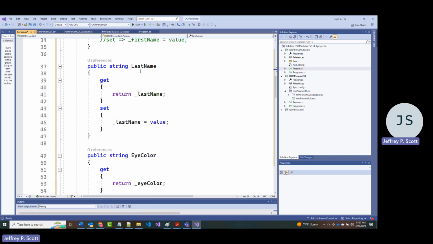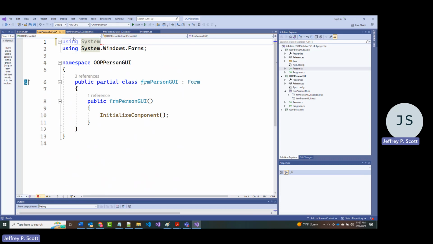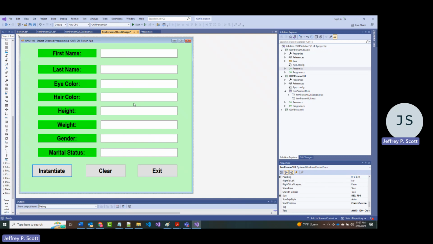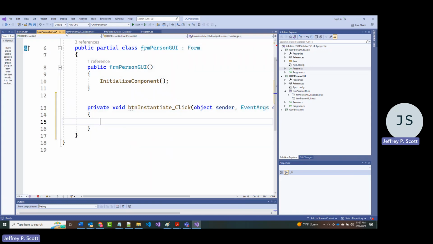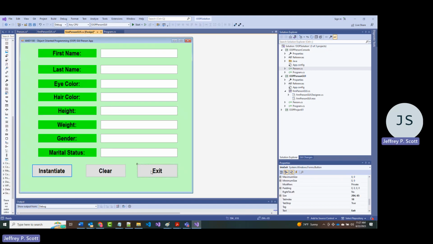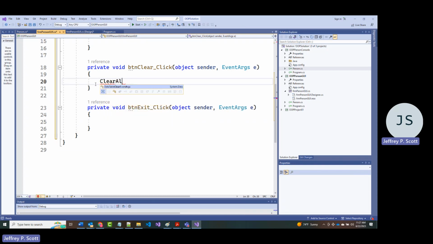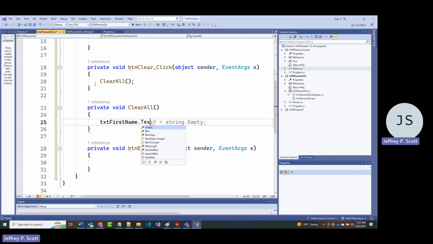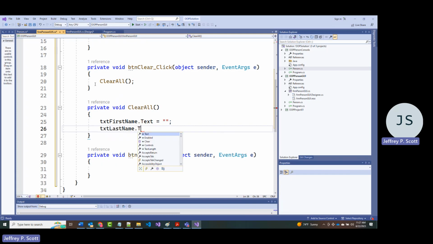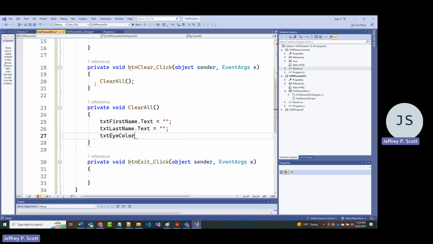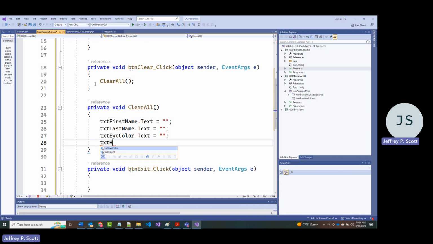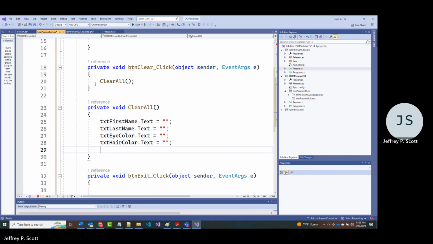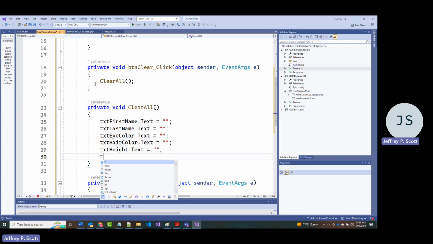All right, we've got all this stuff. Good. Now I want to jump back into that file. And this isn't going to change. Let me go back, close this. Our clear isn't going to change, and our exit isn't going to change. So for our clear, we've got that old clear all. And again, you don't have to call it that, of course. But we still have txt first name dot text equal nothing, txt last name dot text. I'm not going to worry about straightening these things up now. Txt eye color dot text, txt hair color dot text, txt height, txt weight,